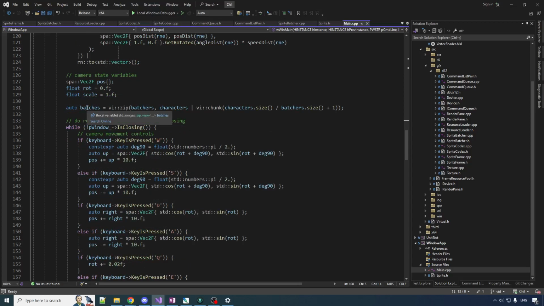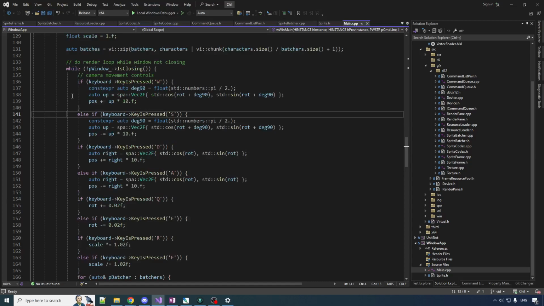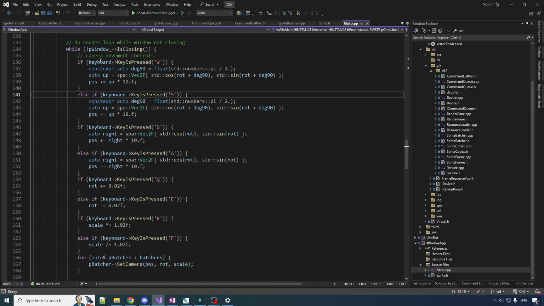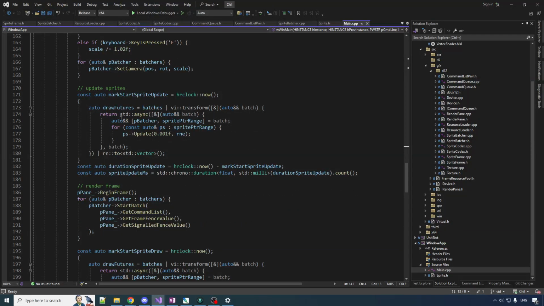Here's just some ranges stuff. A batch is a batcher combined with a range of characters. So we're dividing the range of characters into 4 equal size ranges, and we're zipping that up together with the batcher that's going to be used with that. And then we do our actual render loop. So as long as the window is not closing, we're going to check for a bunch of keys, and we're going to use that to control our camera. Then we're going to update all our sprites